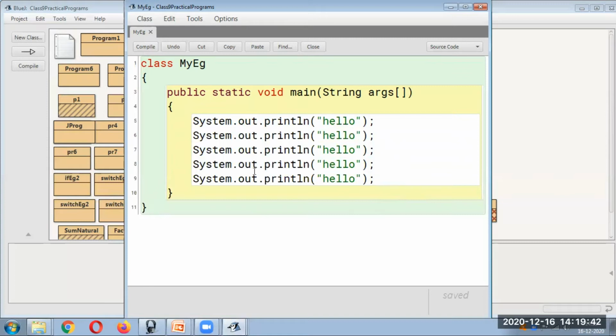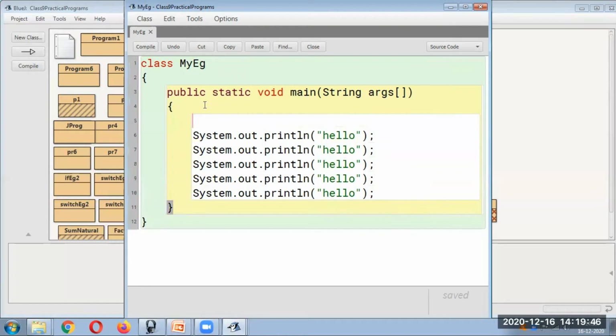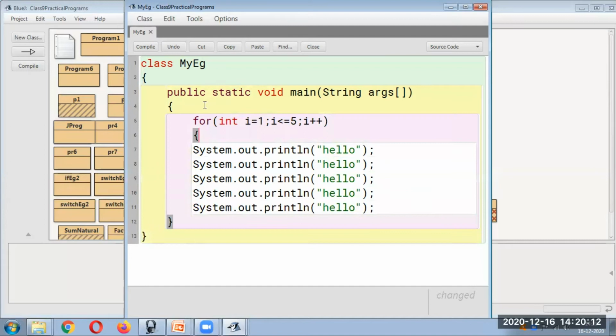So for that, we have the concept of loop. So how can we do it? I'll just take one small example for this. I can make use of a for loop. Here I would specify one counter. So here I'm saying int i. I will stand as a counter. The initial value it will take is 1, and it should go up to 5 because I want to display it 5 times. So I would write i less than or equal to 5, semicolon, and how many steps it should take. So it should increment by 1. That is the reason I have written i plus plus.